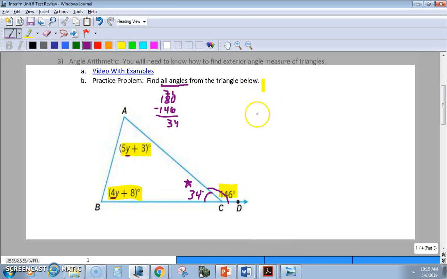That's all that matters. So we know that 5y plus 3, that's angle A, plus 4y plus 8, that's angle B, plus 34 is equal to 180. And we just have to get y by itself. We just have to isolate y, because that is what it means to solve for y. So let's combine our like terms. We have 5y's and 4y's, so we have 9y's all together. Plus, let's add our numbers. So we have 8,